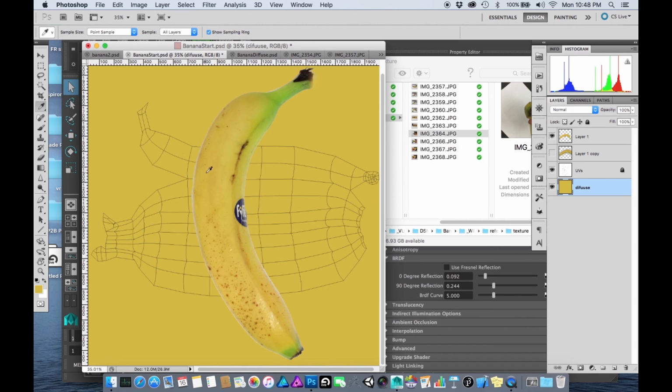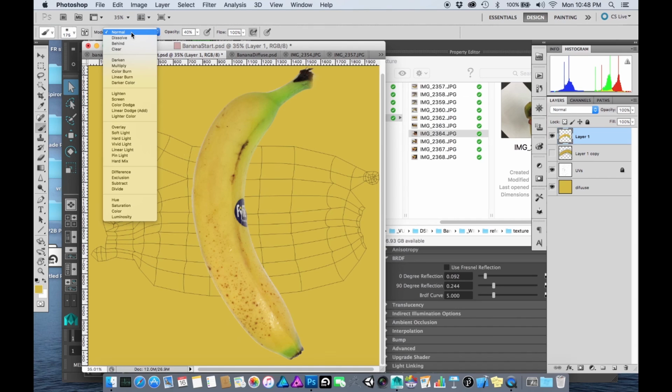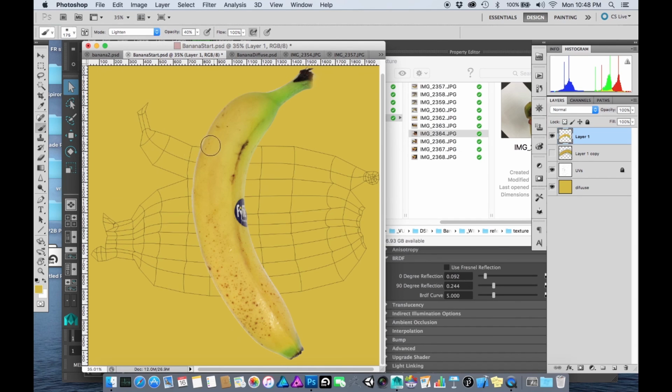Now, rather than dodging anymore, I'm going to use my paintbrush. So I'm going to paint that banana using my paintbrush, and I'm going to change the mode to be lighten. Now this means whatever I paint, it's going to lighten that to that value. So if I pick a yellow,